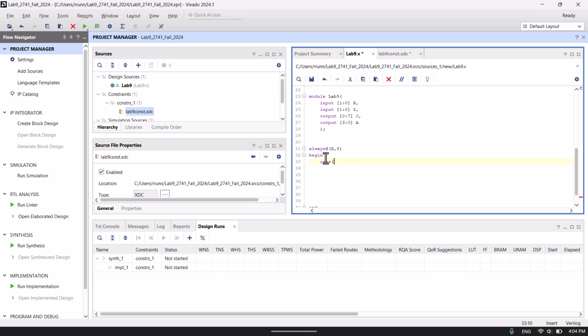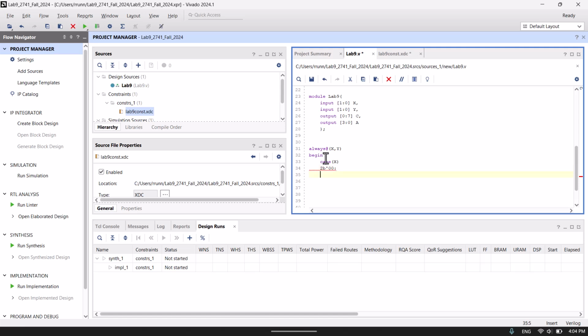My first case statement is going to be based on X. And X has 4 possibilities, so I'll have 2'b00